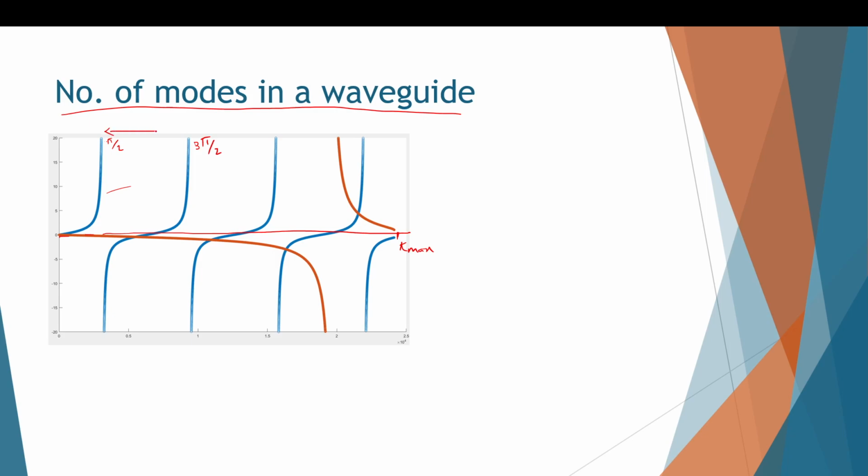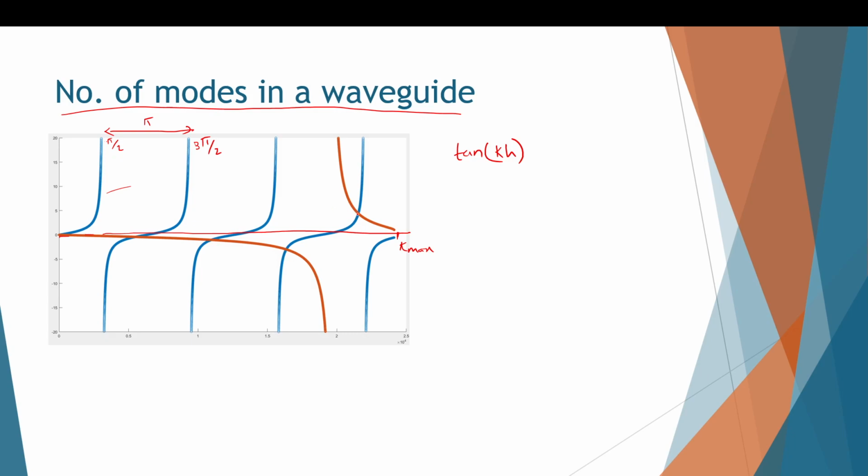So this gap is pi, and then 5 pi by 2, like that. It will explode to infinity at these points. So based on how many times tan of kappa times h becomes pi by 2 or 3 pi by 2 or any odd multiple of pi by 2, that many times it is possible that it will cut my